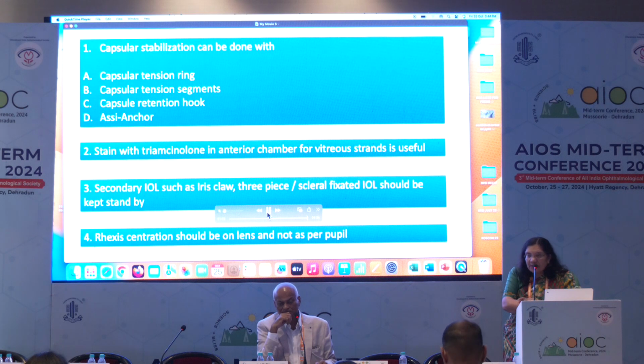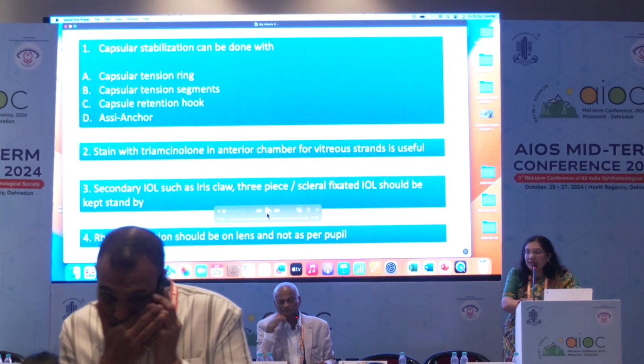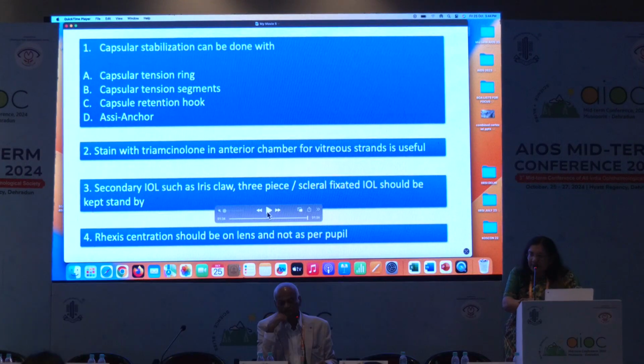The patient has to be counseled. Triamcinolone should be there because there may be vitreous. Secondary IOLs such as iris claw, 3-piece or scleral fixated lenses should be kept standby. And when you are doing the rexis, it should be centered on the lens and not as per the pupil, because later when you center or stabilize the bag, then your centration will be different. So I think these are very practical aspects which everybody